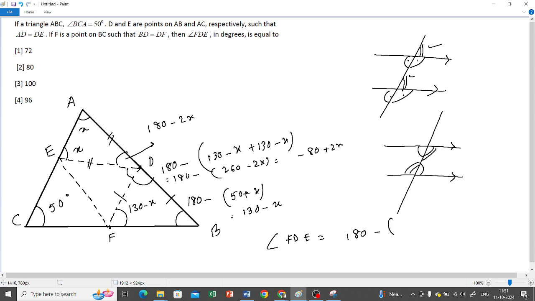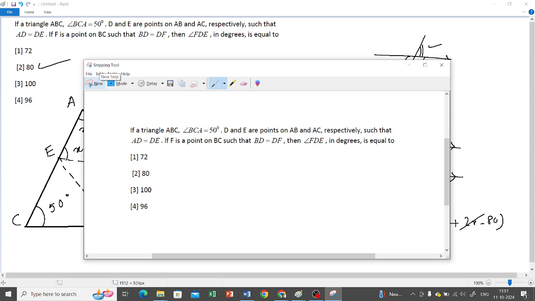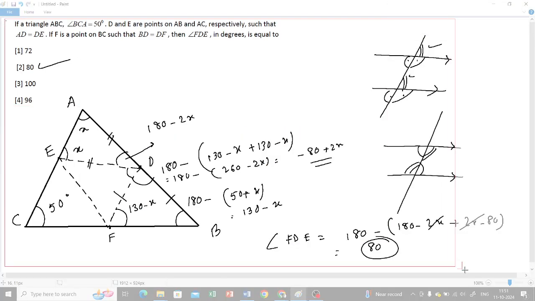That is 180 minus 2x plus, মানে হচ্ছে 2x minus 80. This 2x gets cancelled out and the answer is 80. বুঝতে পেরেছো? হ্যাঁ।